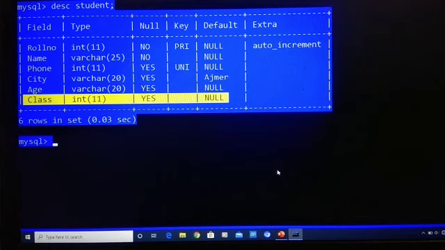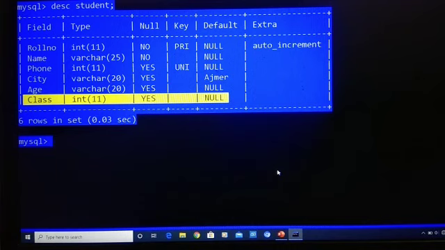Now we will see how we can add multiple columns to our table. Suppose we have to add two columns in this table. Our first column should be fees and the next column should be category. So we will learn how we can add fees and category.